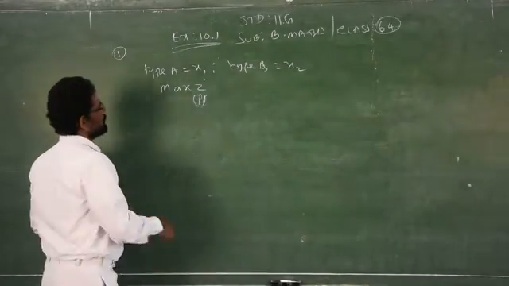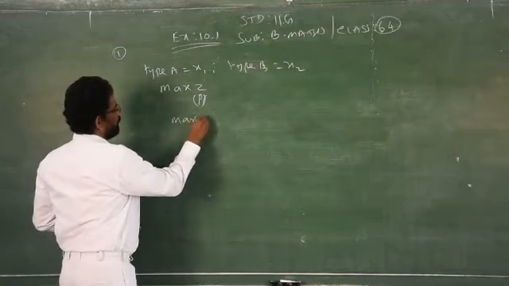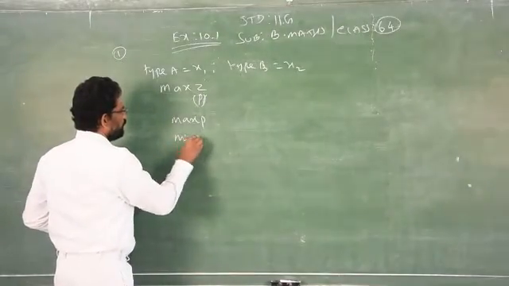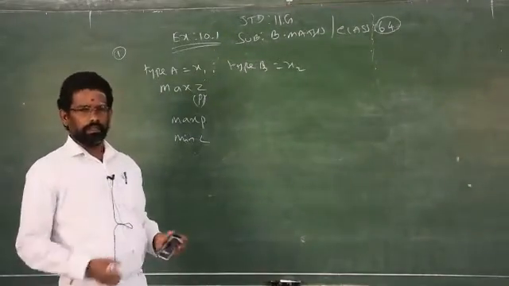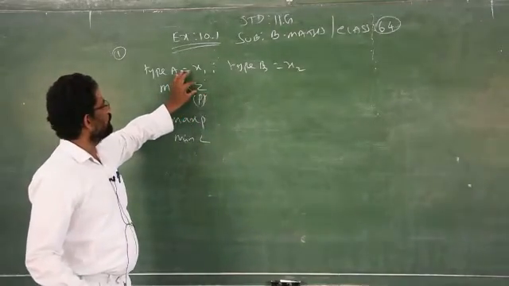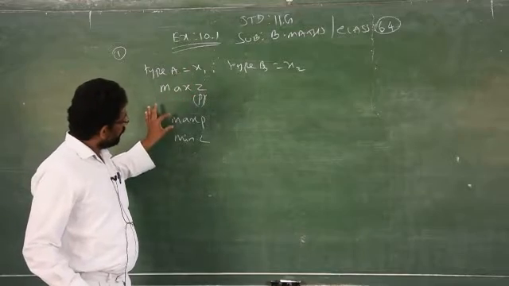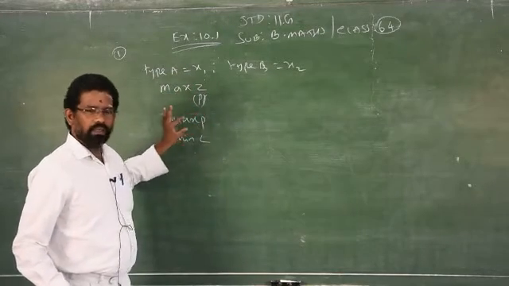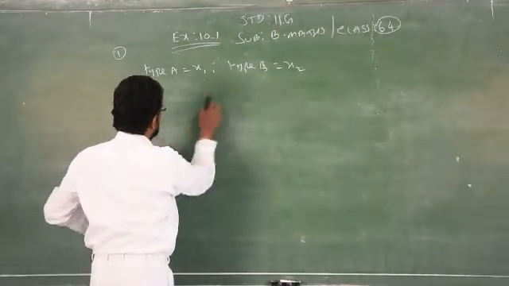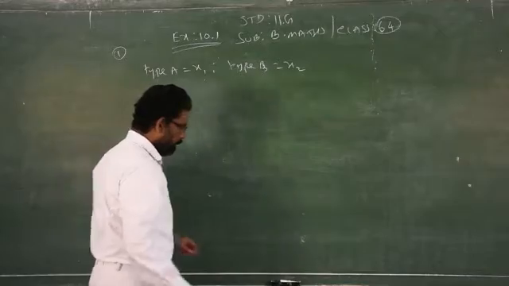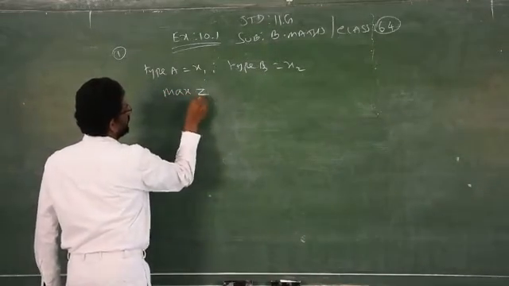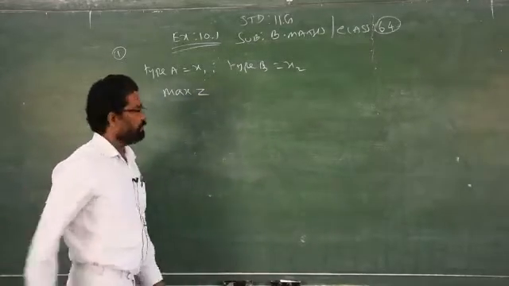You can write even maximum profit. Maximize profit. Nothing wrong. If it is given loss, minimize loss, L. Nothing wrong. But generally, most of the textbooks use only Z, therefore I am using Z. No problem assuming P or L instead of Z. Now I am considering it as Z. Maximize the profit Z. Here Z stands for profit.